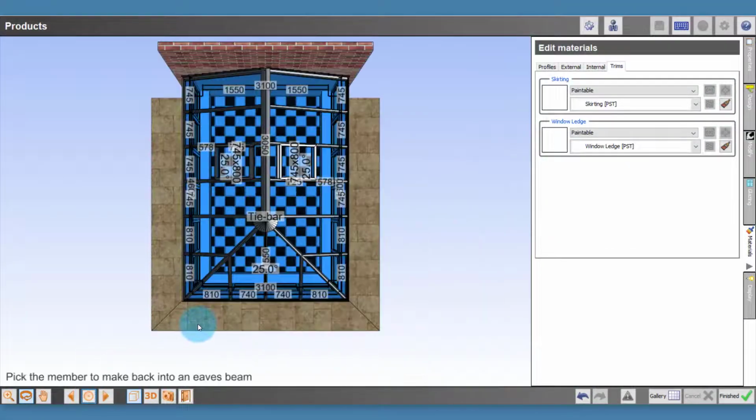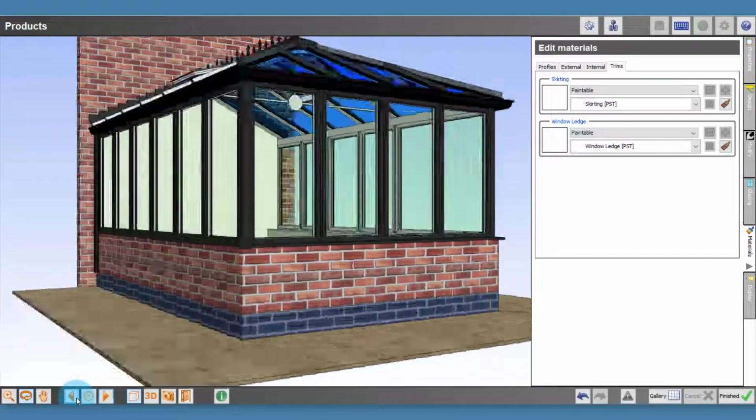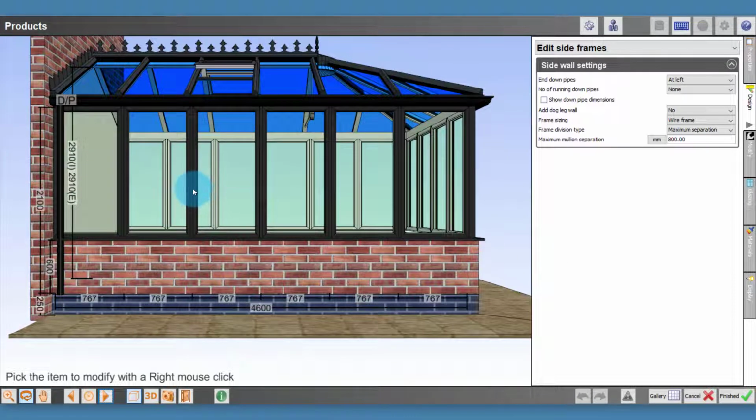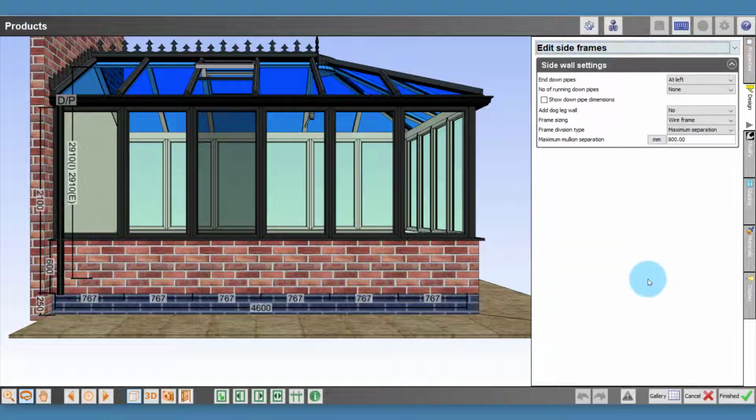In this video, we are going to go through how to alter the frame and wall layout of a standard model. So if we click the left-hand mouse button in the center of these panes, you'll notice the edit area on the right alters. And if we just go to the drop-down menu at the top of the edit area and choose our Edit Side Frames options,